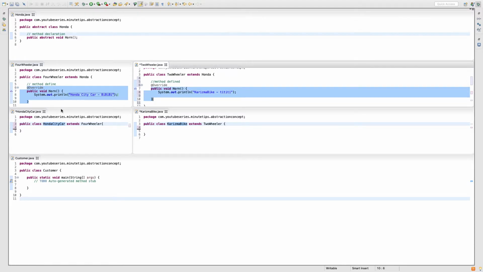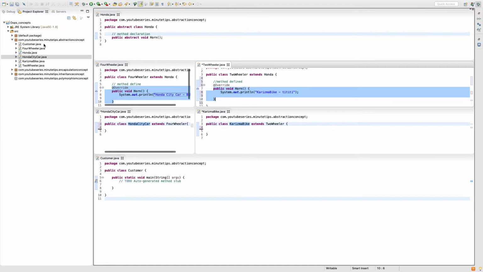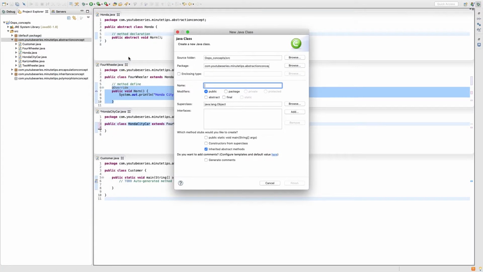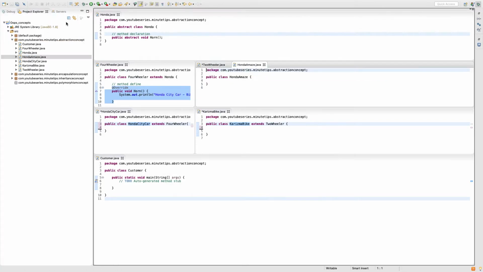But guys, if tomorrow I introduce one more car that we are manufacturing, let's say Ferrari. No, we won't be affording that right now. What I can say, Amaze. Honda Amaze as our class. Where is Honda Amaze? Honda Amaze is somewhere here. Let me just bring it into this section.